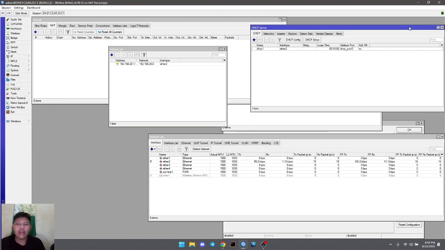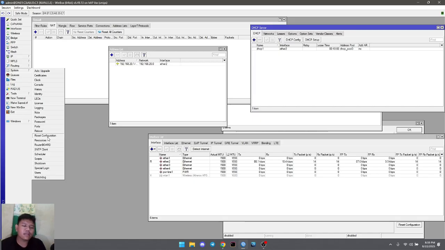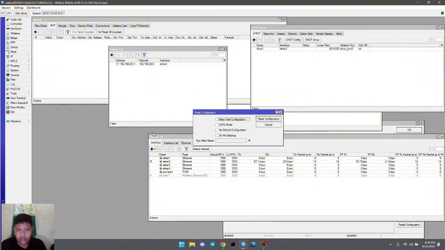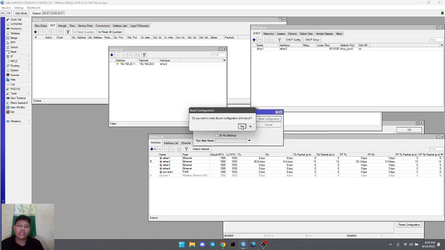After I connected, I have the old configuration, so I will soft reset this MikroTik. No default configuration must be checked, and reset configuration, and then confirm.